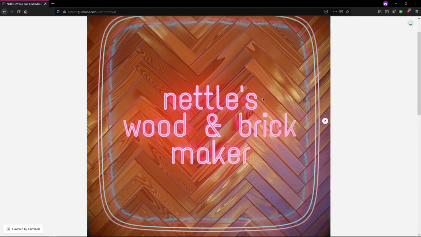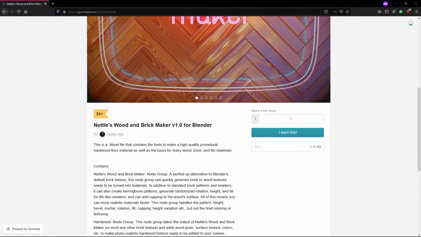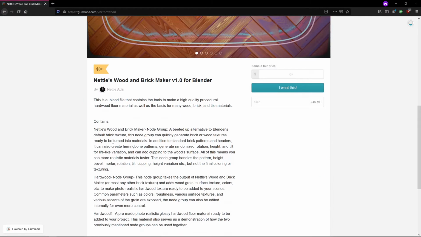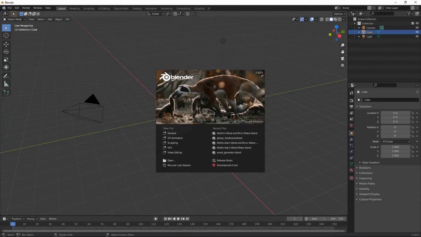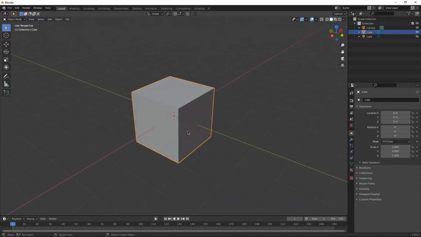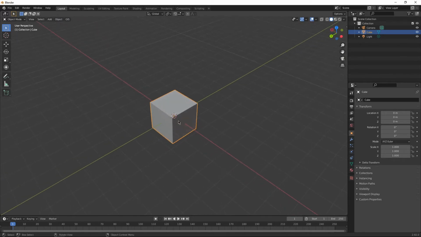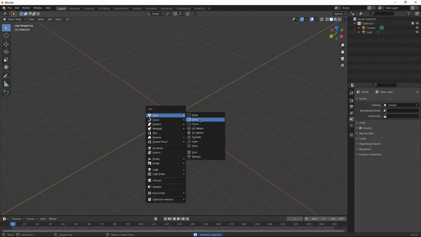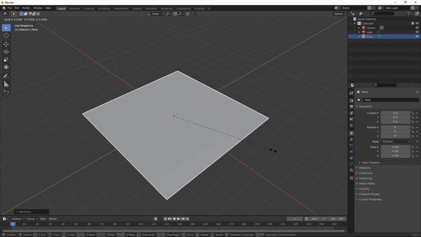First thing you're going to want to do is head to the Gumroad link in the description and download the .blend file that we will be appending to our own work to get the materials and the node groups that we're working on. Once you've got that saved, open up Blender and start a new file. If you've already got a file going and you want to add the wood texture to it, you can just use that. I am going to delete the default cube and add a plane, scale it up,